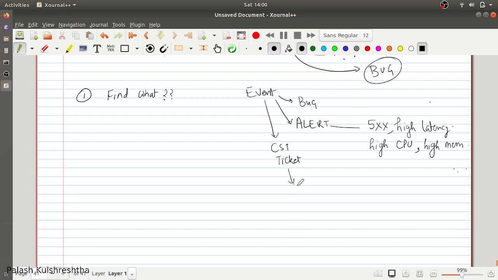CST tickets can be that users are not able to place orders or not able to use the website. A bug can be that in a particular scenario a particular user is not able to place an order, or it can be anything with respect to your application, to your system.